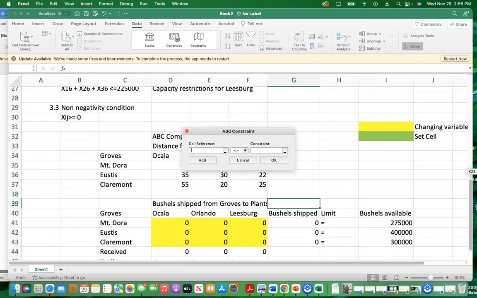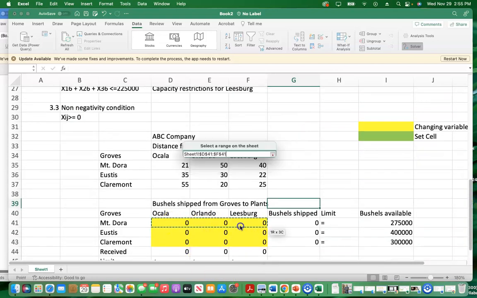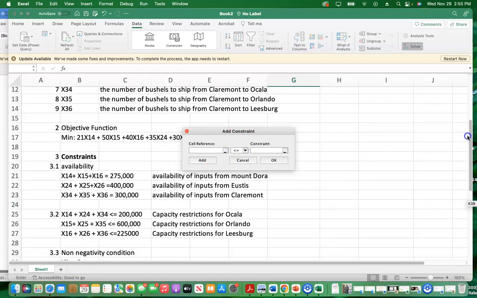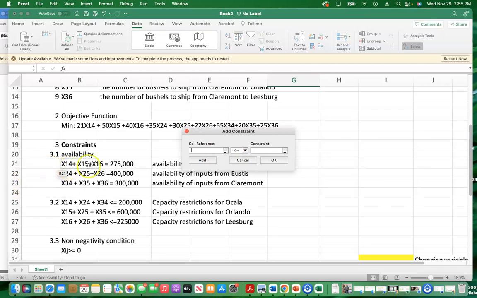So I will select all these goods which will be shipped and change this to show that we can ship or we will not ship. So it should be greater or equal to 0. And then I'm going to add another constraint, which is the first set of constraints, that is availability, meaning that we need to ship what is available